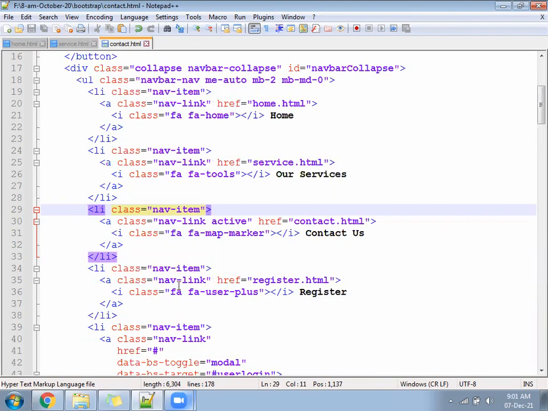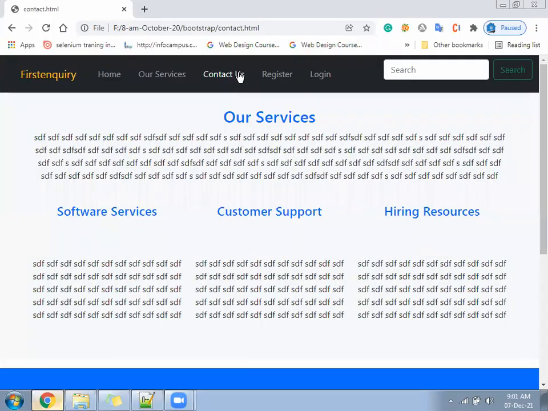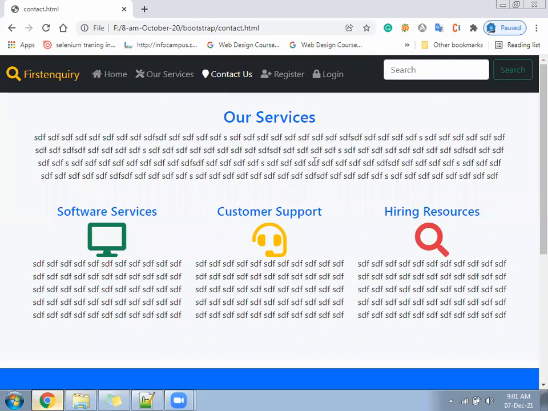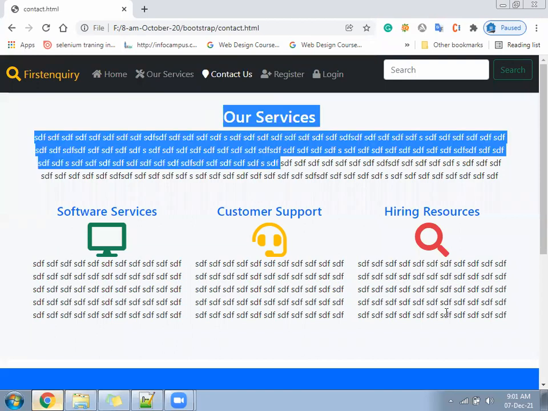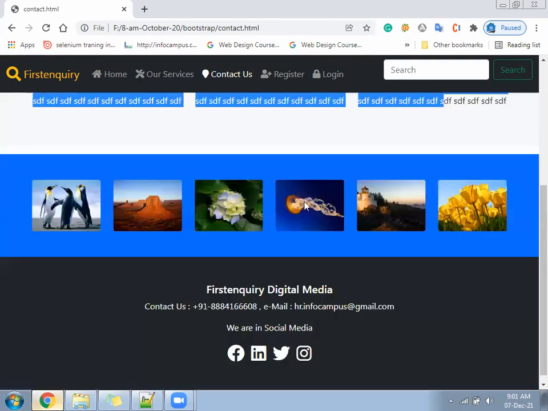Okay, now in the contact.html file, we will delete this whole section. Project section, let it be at the bottom.